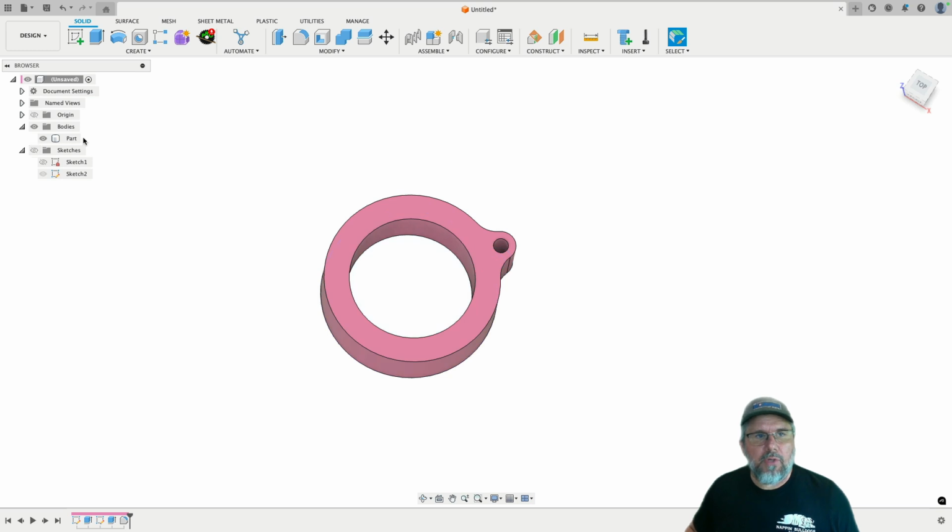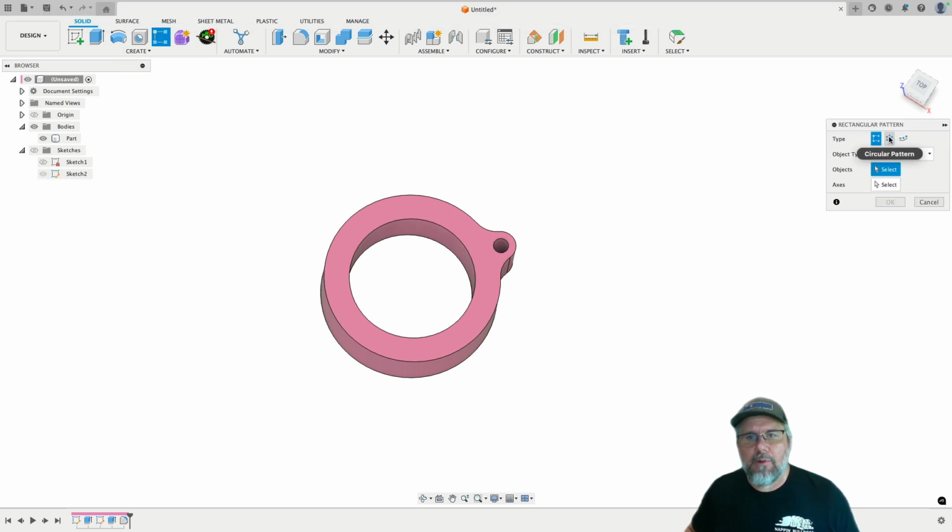So what I'm going to do is use pattern replication to do that for me. And I can pattern replicate not only bodies and components, also faces, but I can replicate features as well, which is, I think, super powerful. This is a feature I think you'll use a lot. So I'll click on pattern replication. I'll say this time I want to do circular as opposed to rectangular or along a path. And I want to